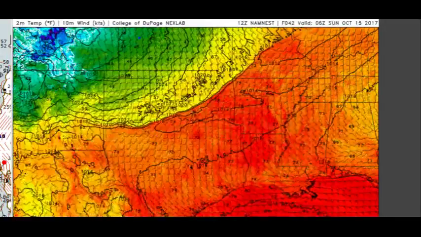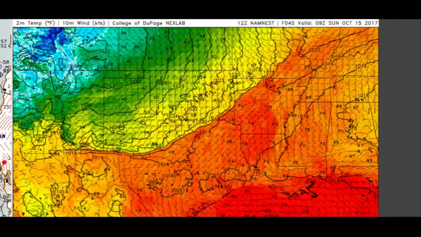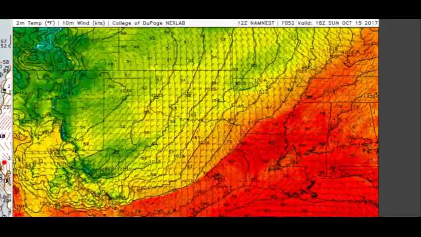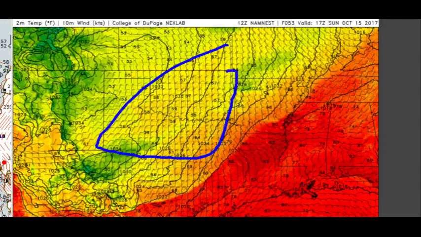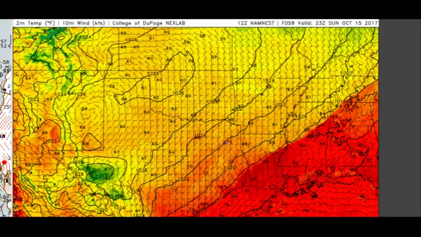And then behind that, we get a good push of cold air coming in from the north. And there it is. So this is going to be tomorrow night. And the model is expecting that to hit Dallas-Fort Worth sometime around 5 in the morning, Sunday, and then through the rest of the Texas area on Sunday morning. And behind that, 50s and 60s. So for highs on Sunday, we're going to be looking at probably 60s and a few 70s around Texas right